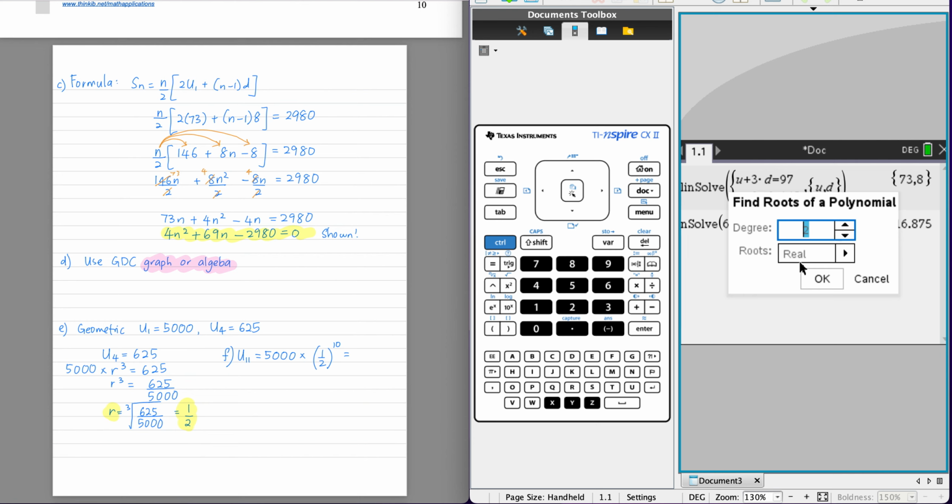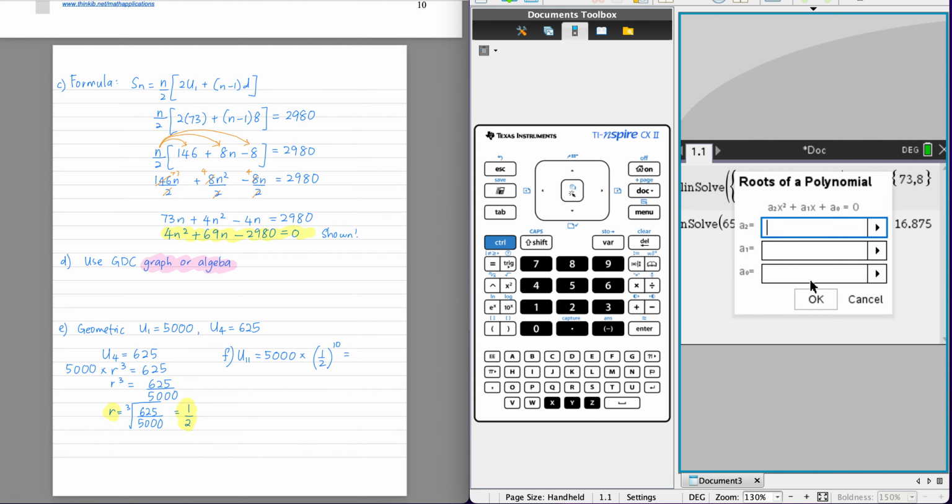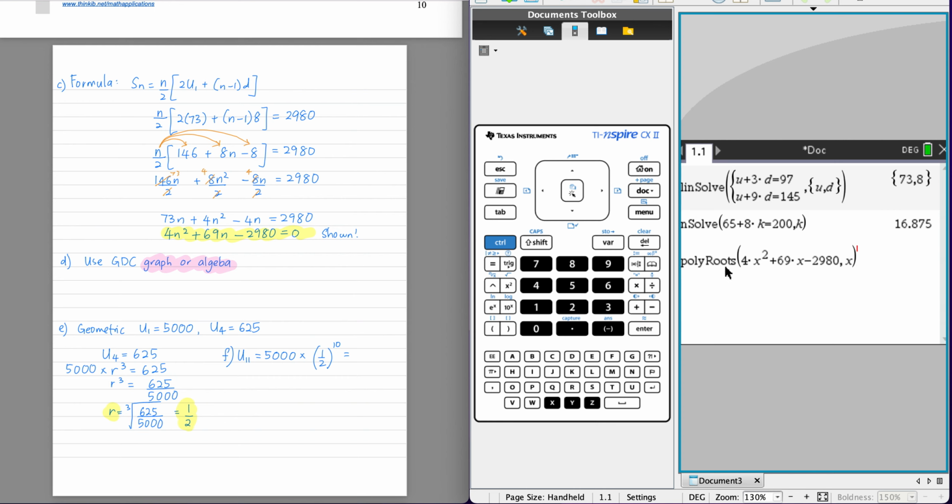We have 2, and the roots are real. Then a2, a1, a0. a2 is the coefficient of x squared, in our case n squared, so it will be 4. a1 should be 69, and the last one is negative 2980. We need to put negative if it is negative. Okay, enter again, and I get negative 149 over 4, and 20. We're going to choose the positive value only, because n here is a number